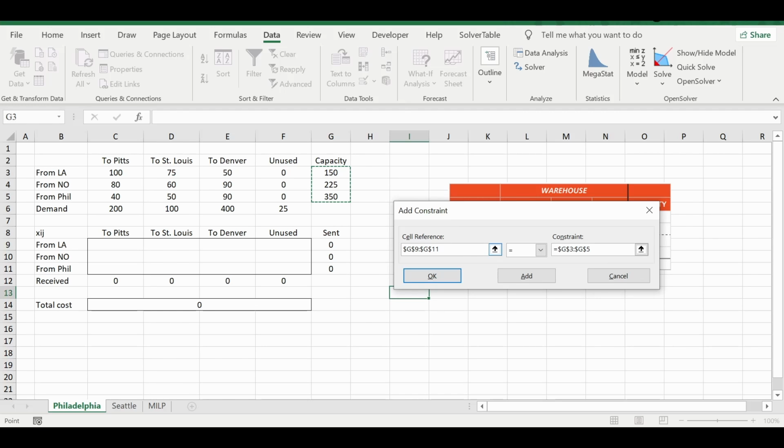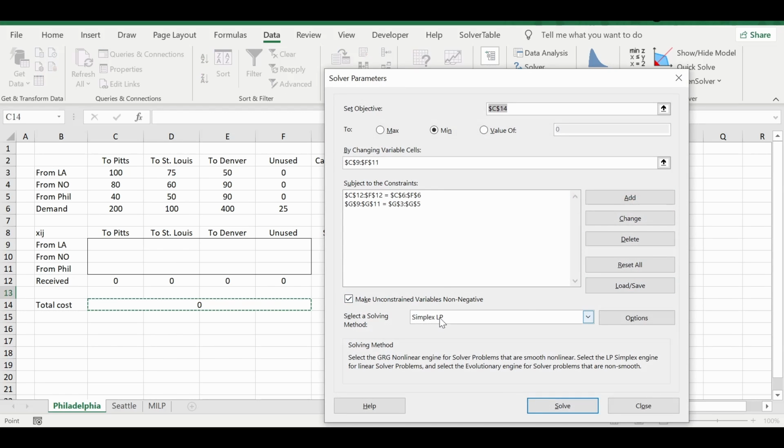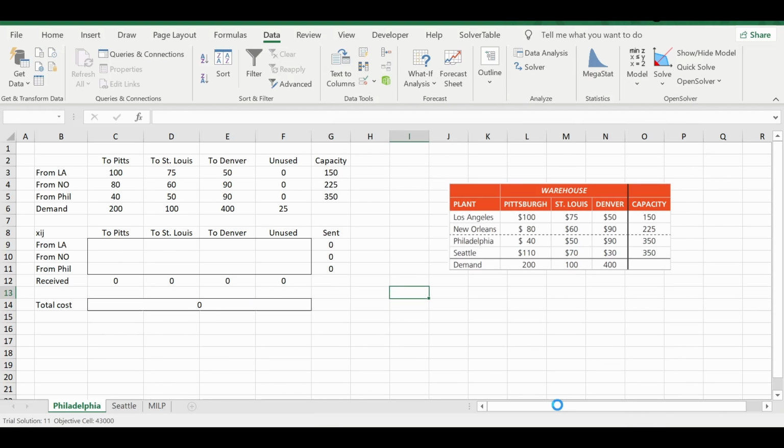See, we have entered all the three capacities together, similarly the four demands together. So this is how it is. And we have already selected the Simplex LP, and therefore click on Solve. So this is your optimal solution.